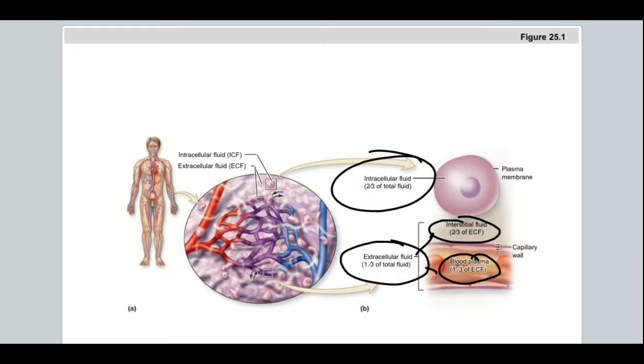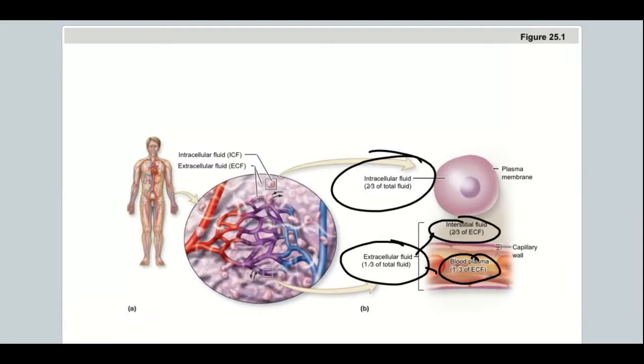That throws off the balance between the interstitial fluid and your blood plasma, and so water starts moving towards the interstitial fluid. That dilutes the interstitial fluid, which is now less concentrated than the inside of the cell,